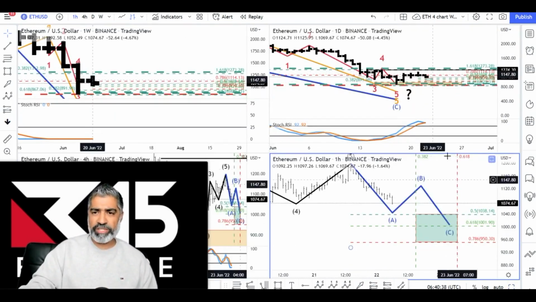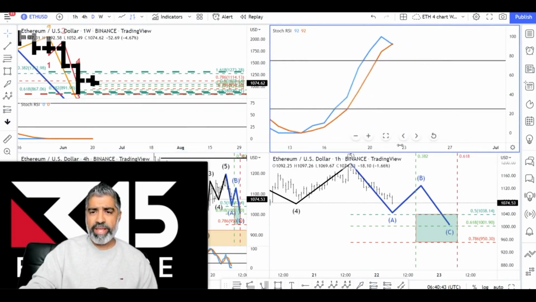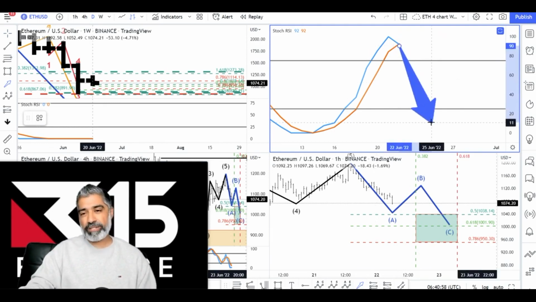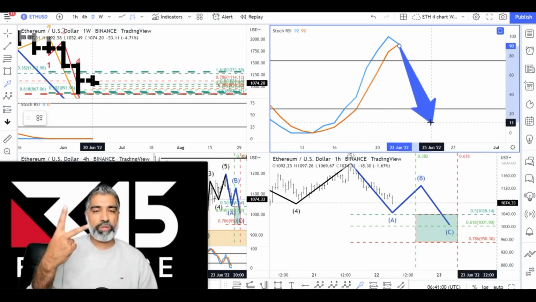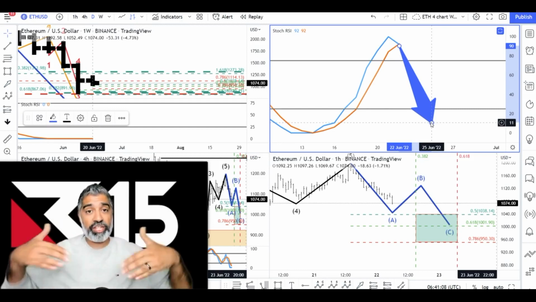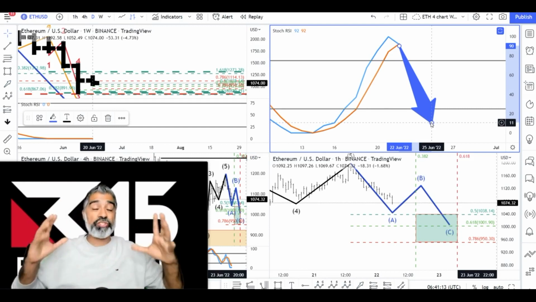One other thing I wanted to bring to your attention, on the top right-hand corner, which is the daily chart, is that the momentum is now officially bearish. Practically the red and the blue are touching each other, but by tomorrow the blue is going to be below the red. The rate of change, which is what momentum measures, indicates that we should anticipate 1, 2, 3 days, give or take, of sideways to down movement. And we want to trade in the direction of the higher degree time frame.